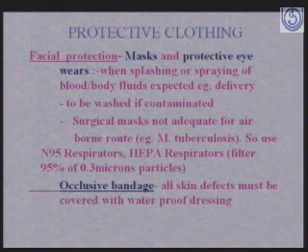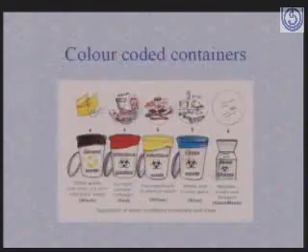Like Mycobacterium tuberculosis, it's not enough to just use the ordinary gauze masks or surgical masks. So one has to use what are called the N95 respirators, or even the HEPA respirators, that is high efficiency particulate air respirators, which are said to filter off 95% of organisms. And occlusive bandage, that is all skin defects, should be covered with waterproof dressing like Band-Aid or bandages which are waterproof.